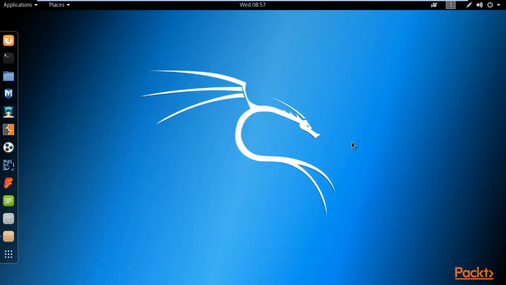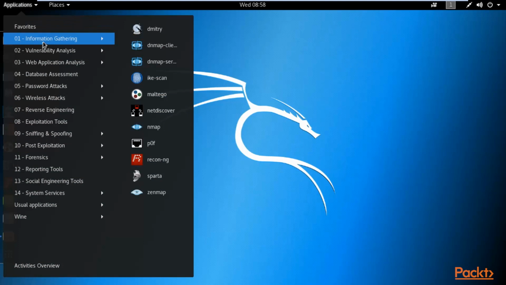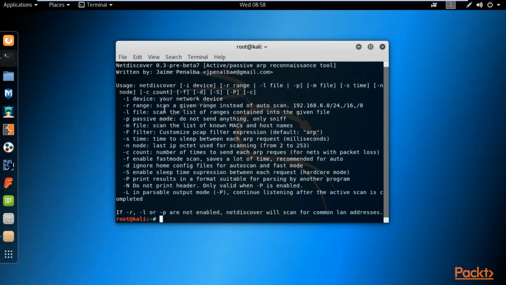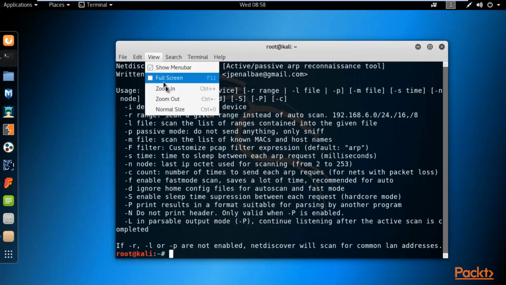So guys, I'm here at the Kali Linux operating system, and it has pre-installed applications that you can use. You don't need to download or install any other new application. Most of them are already installed. For example, the IP scanner. Let me show you which IP scanner you can use inside Kali Linux. It's quite easy. Click on Applications, select Information Gathering, and there is an IP scanner available, which is NetDiscover. This is the tool which we can use as an IP scanner. Click here and open it. Let me zoom it for you.